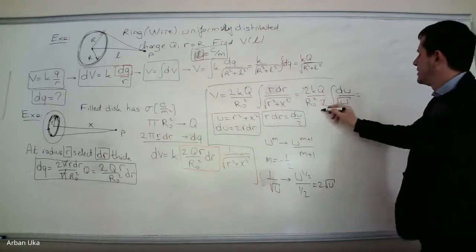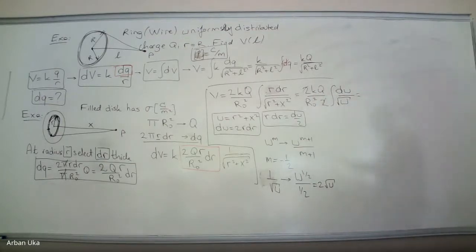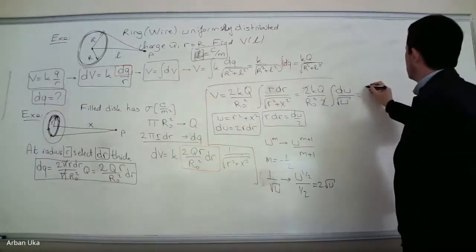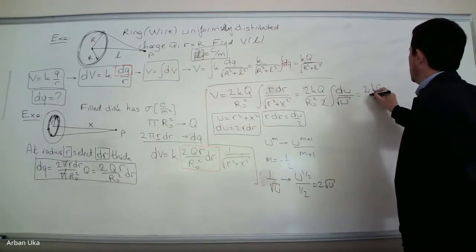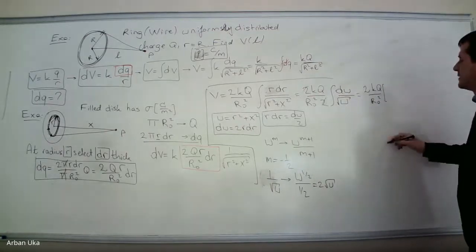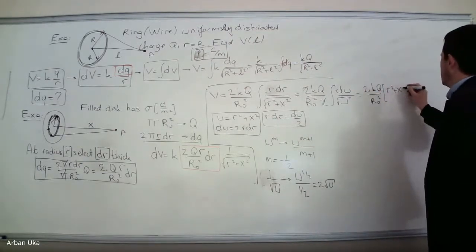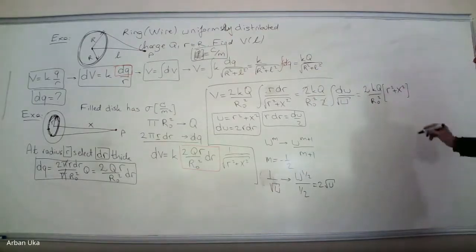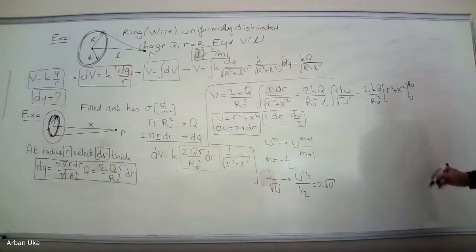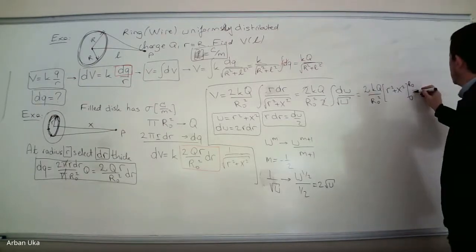By the way, these 2's cancel out, and then we have 2 times square root of u, and this will be equal to 2k cubed over r0 squared times r squared plus x squared, and the integral should be from 0 to r0, okay? So this will be the limit of the integral, and then we are going to write here that this is equal to